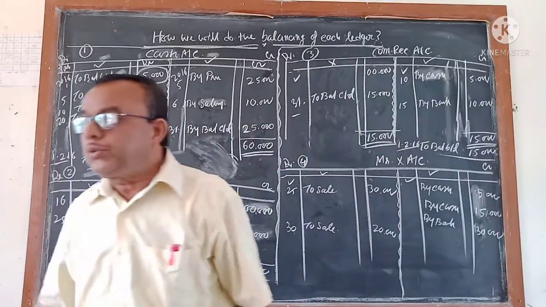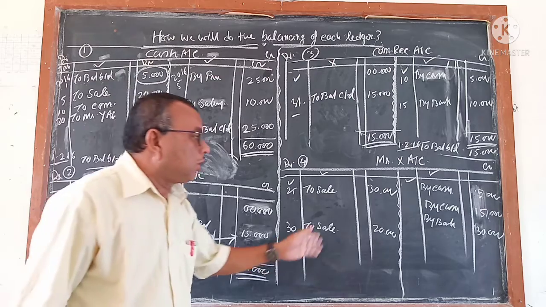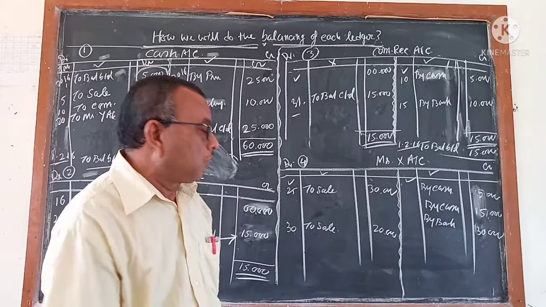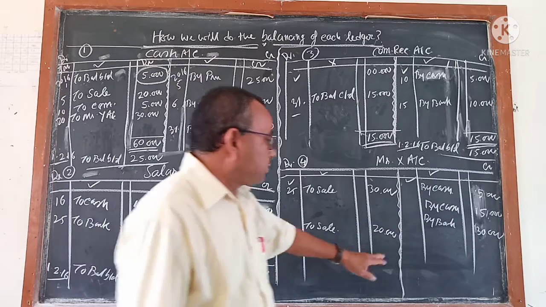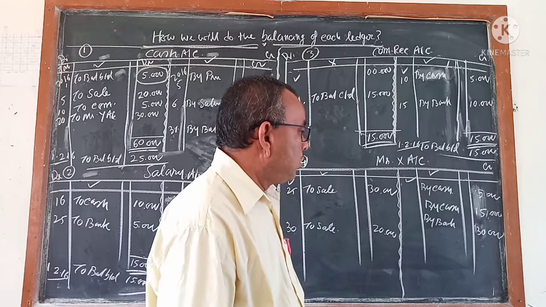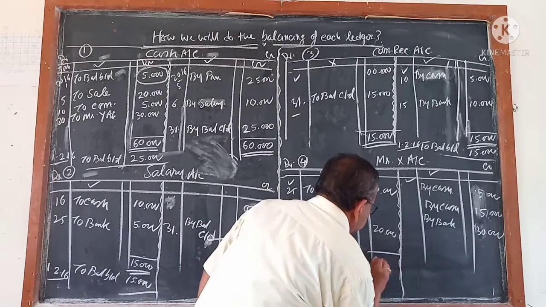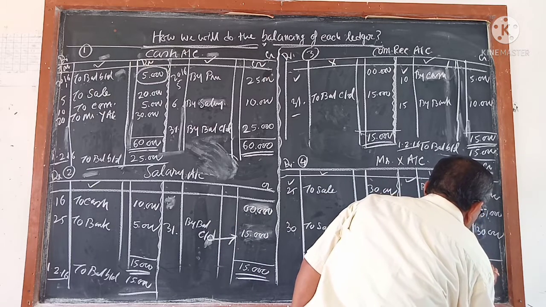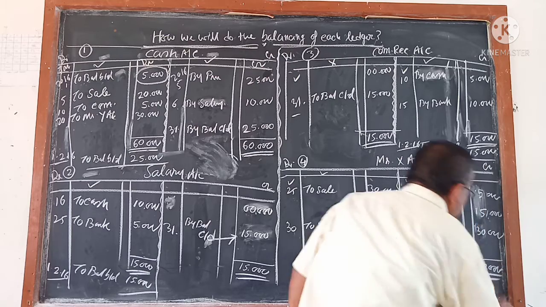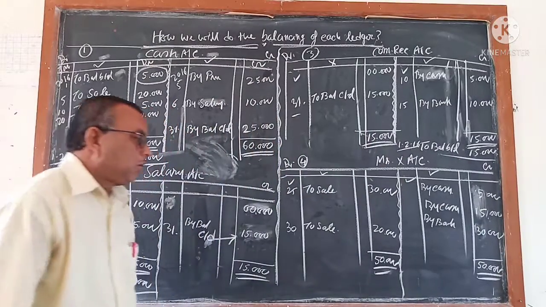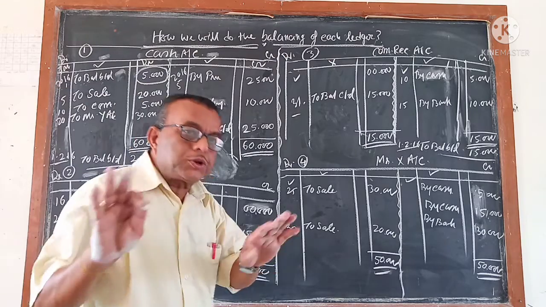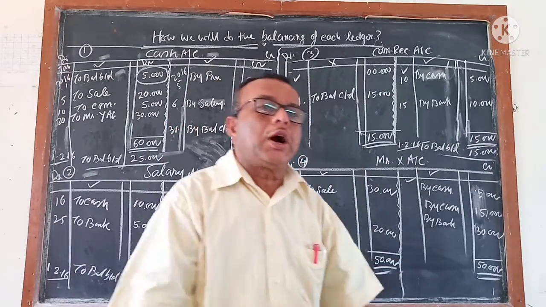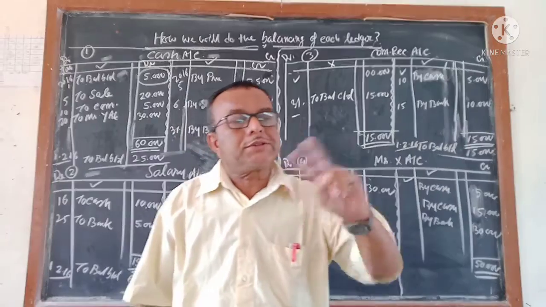What you have to look at is the total of the debit column and the total of the credit column, how much the amount is. Now tell me the steps I told that you will follow. Which side is more? This is 50, this is also 50. So make the total 50. Both the side totals are the same. Now, is it possible to find out the balance? It is not possible to find out the balance. Balance will only come if both the side totals make a difference.